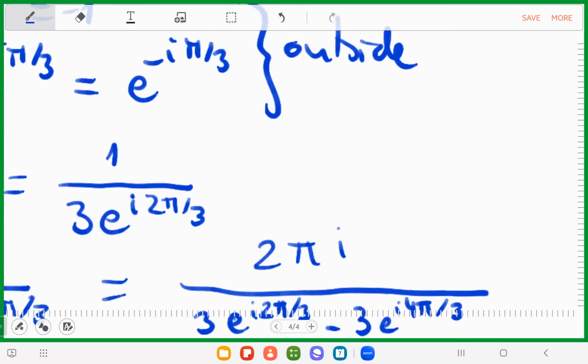In this case, this would be related to the sine. Why? So we will have e to the i 2 pi over 3 minus e to the i 4 pi over 3 is just the same as the